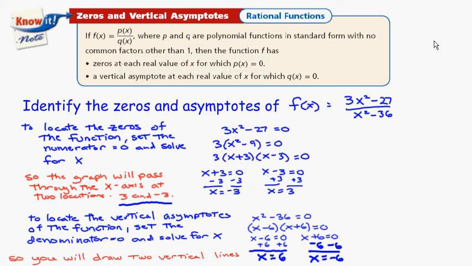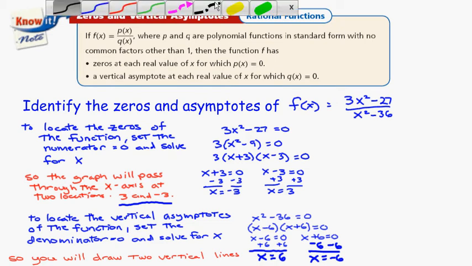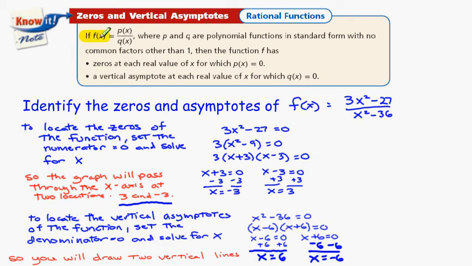We're going to look at a situation where we're given a rational function, and in this particular case f of x, and we're saying that if f of x is made up of a ratio of two other functions, we'll call this p of x and q of x, that are in standard form, with no common factors other than 1,